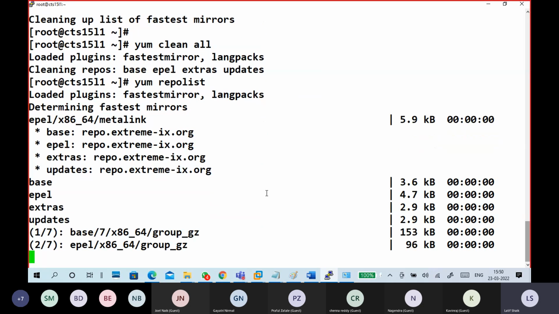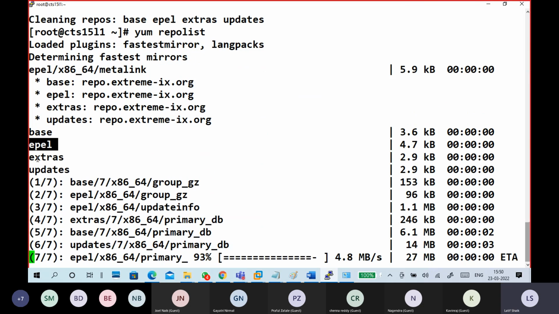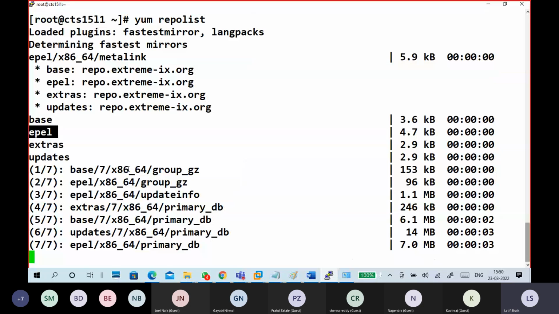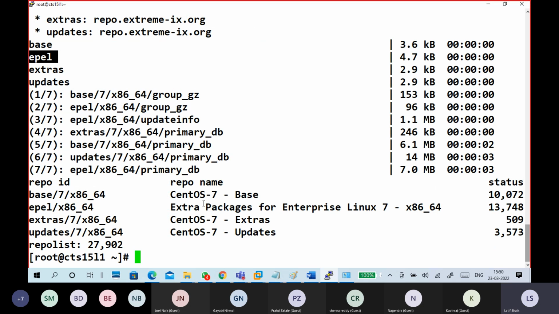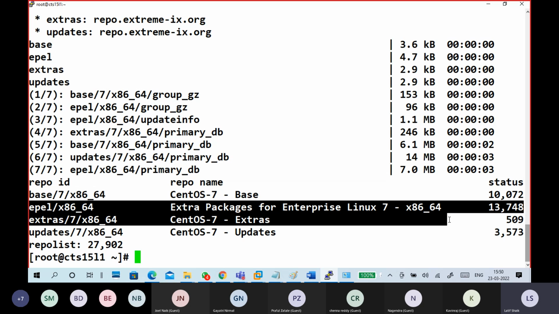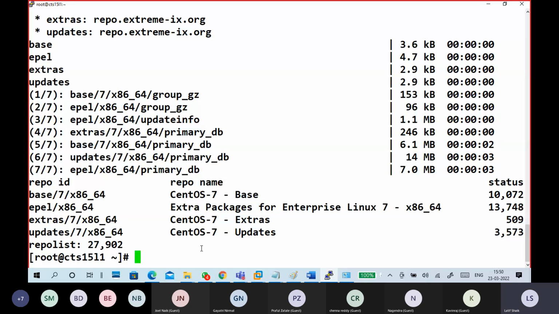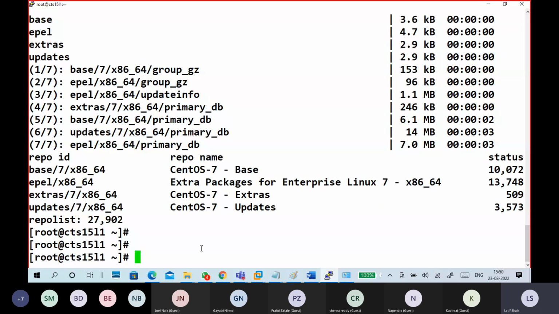See, it is base, extras, updates, and epel is also loading. So earlier it was 1/4 kind of stuff, now it is 1/7. It occupies a little bit more space. You can go to extras. No, epel. See, status 13,7 like that. That many database packages are there. Okay, so this is a universal kind of stuff, guys.